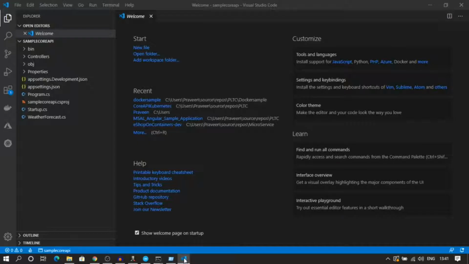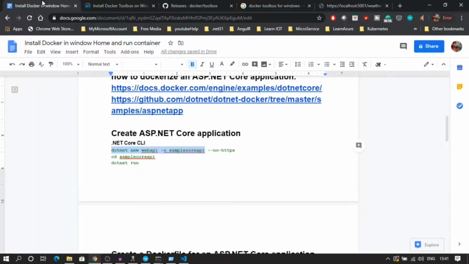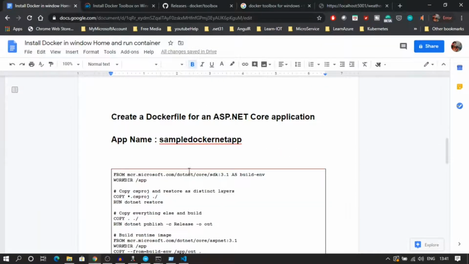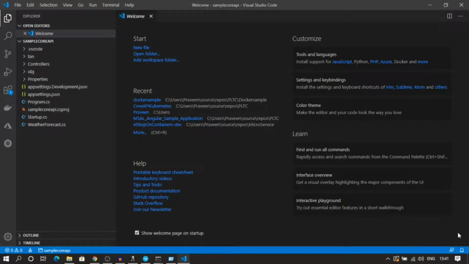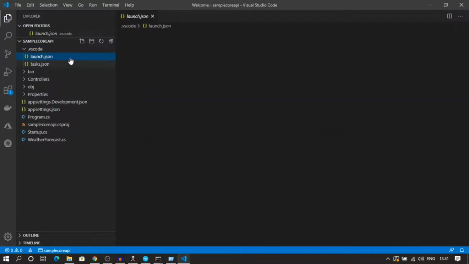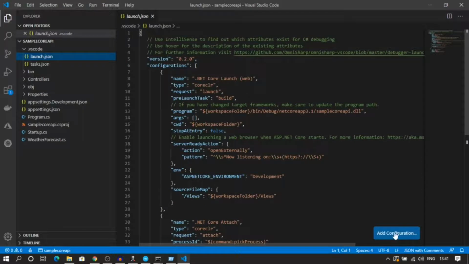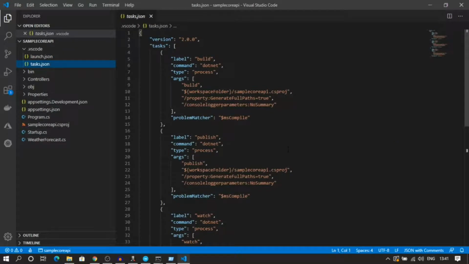So now we have the step to Dockerize this application. Okay, so we are going to do this. Remember, always if Visual Studio Code is asking you, required assets to build and debug are missing from your project, add them, always select yes. I'll tell you why. You have observed that we have added this .vscode folder here. So we have this launch configuration, we can add the configuration, and we have this task, so it will help us to build